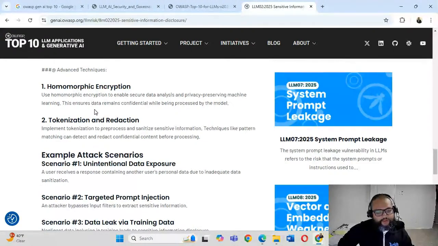Homomorphic encryption: how to enable secure data analysis, privacy-preserving machine learning. I think I did some research. Oh, so I don't know. Homomorphic means you do some calculation.